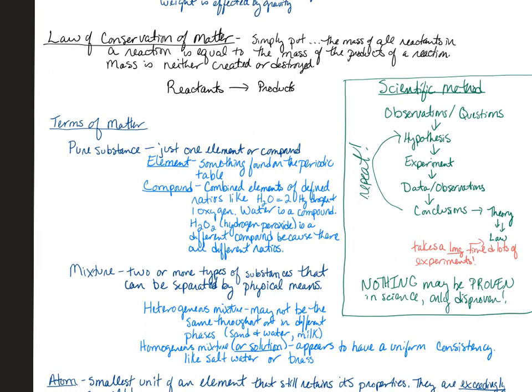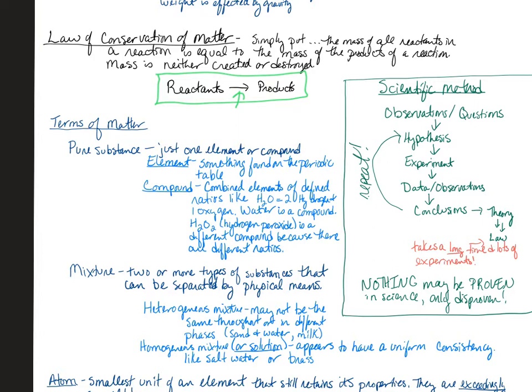There is something called the law of conservation of matter. This is a law that basically says that the mass of the reactants, or the starting materials, in a reaction is equal to the mass of the products of a reaction. This is something that we're going to use a lot. In other words, mass is neither created nor destroyed. You see here how I've written this term: the reactants lead to the products. I do this little arrow here because what that says is one thing goes to another, and we're going to see lots more reactions like this moving forward.